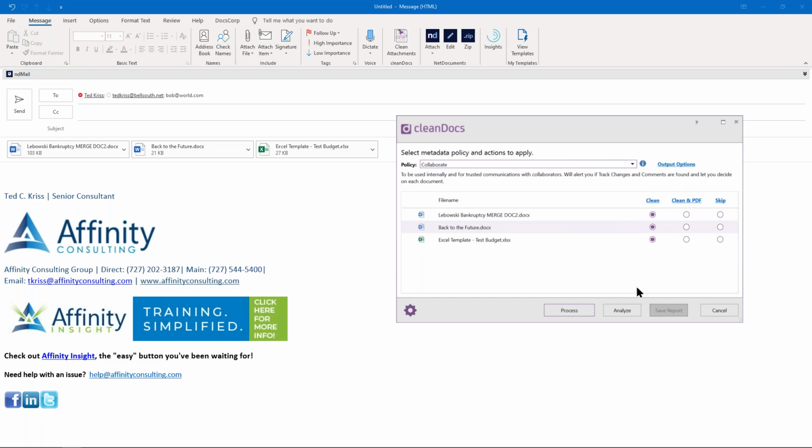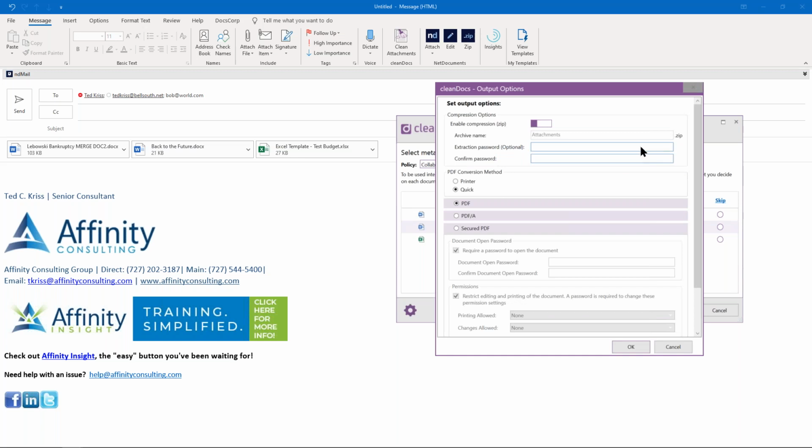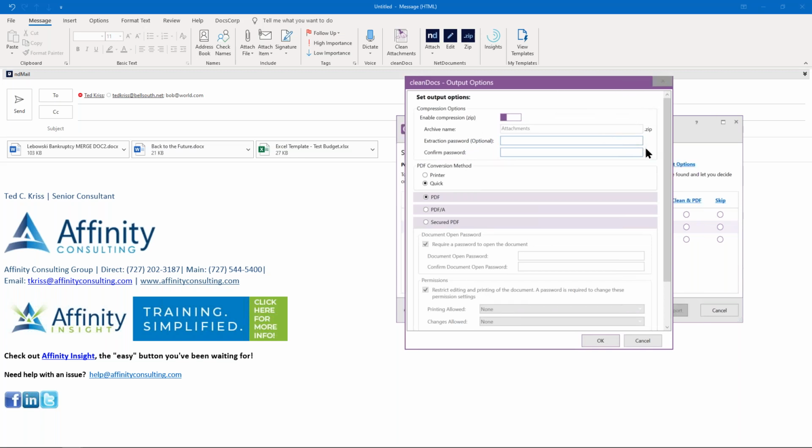So before we actually move on to our process and analyzing, I just want to come over here to my output options for a minute. I just want you to see that not only can we convert our documents to a PDF, but we can designate that it needs to be a PDF or secured PDF.